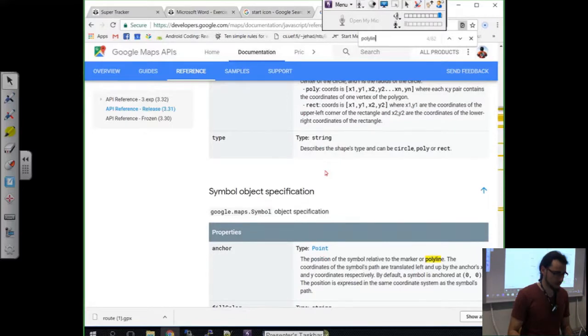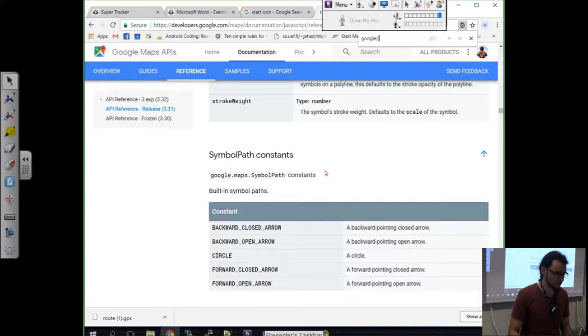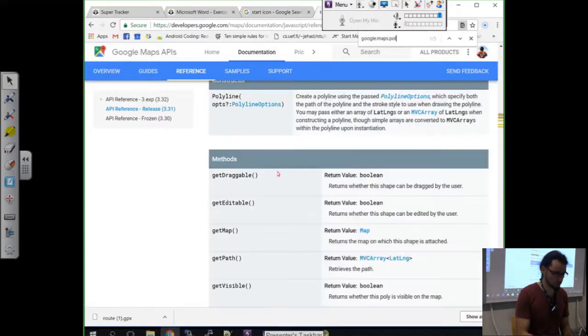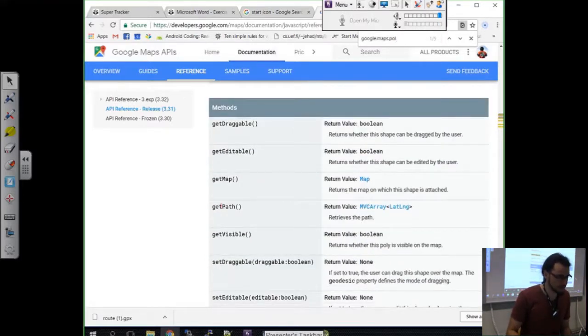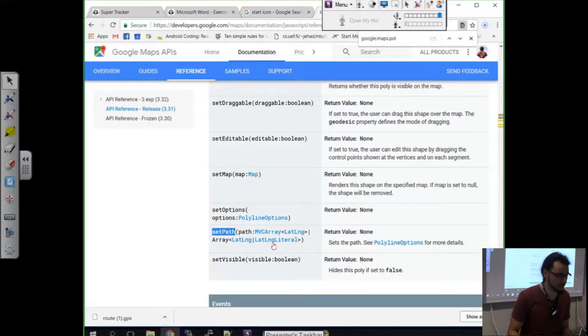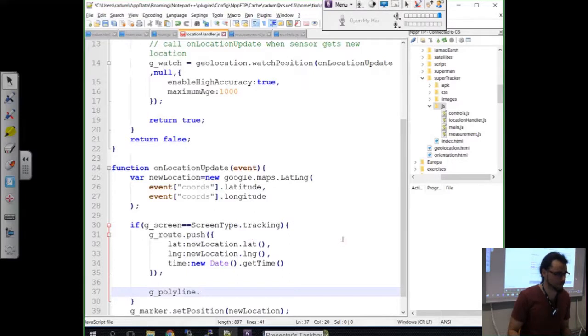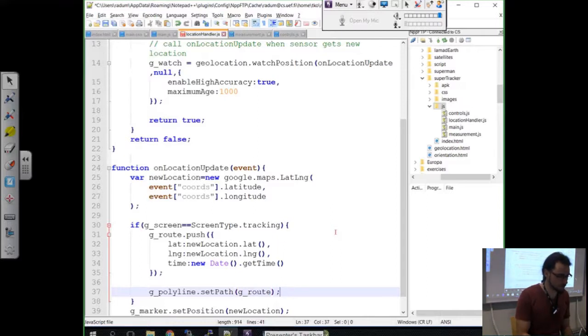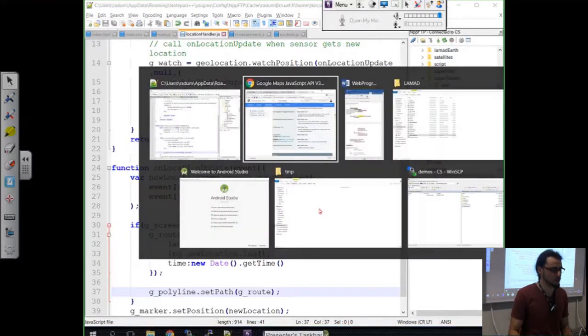And now looking for Polyline here. Okay. For the Polyline class, we have get path here, so we could get the path, or set path. So set path is the function that I'm going to call, and I'm going to give it the route. Let's just see what happens. So I'm going to save,